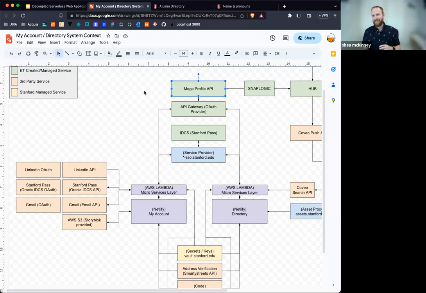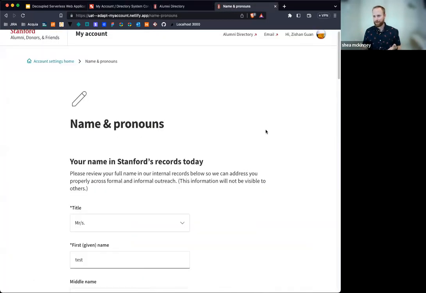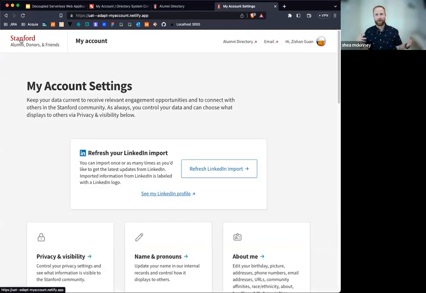Anyway, it's a joke. We call it the Mega Profile API, and that's where all the source of the information about who I am comes from. None of this is coming from a database. This is not statically rendered. When I enter this site,